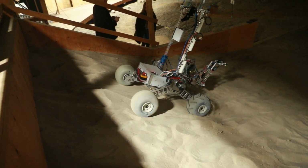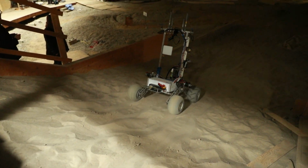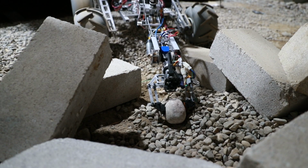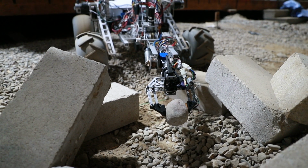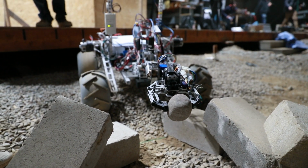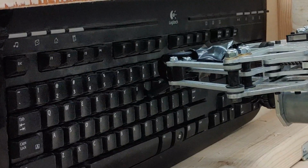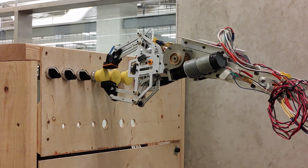Our drivetrain can be controlled through open-loop voltages, closed-loop speeds, or even commanded to maintain a certain position. Our arm can also be controlled in open-loop, closed-loop speed, and closed-loop position modes as well. We're also working on improving our inverse kinematics controls so that the operator can command the arm's end effector position. The operator can quickly cycle through all of these control schemes and choose the one that's most appropriate for the